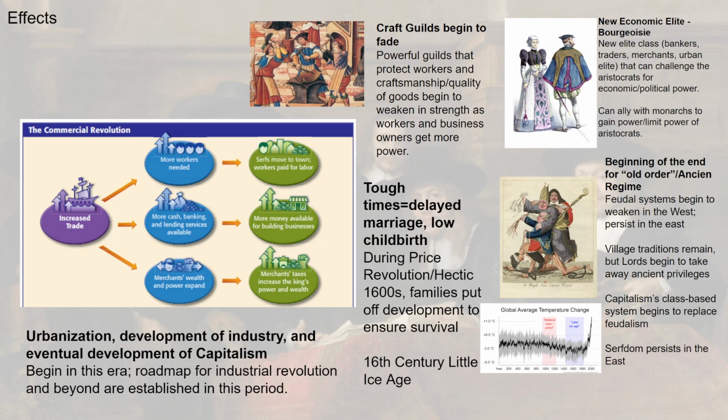When times are tough and you can't afford to feed kids and a family, you're maybe going to put that stuff off or not participate in it. And that's what we see in these times. Now you could run into a teenage family of a young husband, young wife with kids. That wasn't impossible. But overall, looking at big trends, when times are tough, people put this stuff off. When there's a price revolution, making the price of rent and housing impossible, people are going to put that off. Again, these are trends we're going to see develop over the course. We're not done with any of these topics I talked about today. We'll talk about them, but this process does start with the age of exploration.